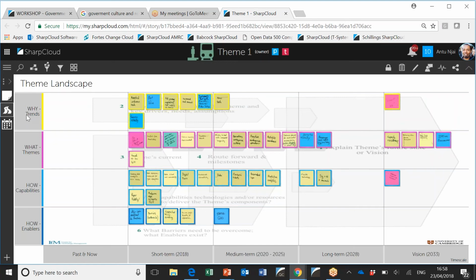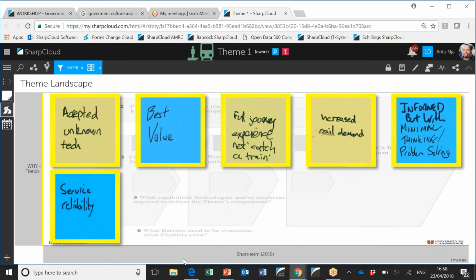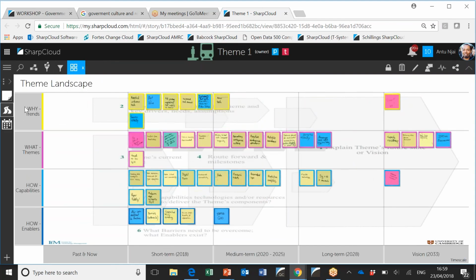And again, because SharpCloud allows you to filter very easily, you can very quickly get down to seeing what some of those short-term trends were before you zoom back out and fall back to the full landscape.